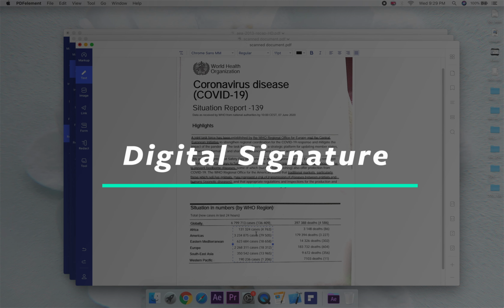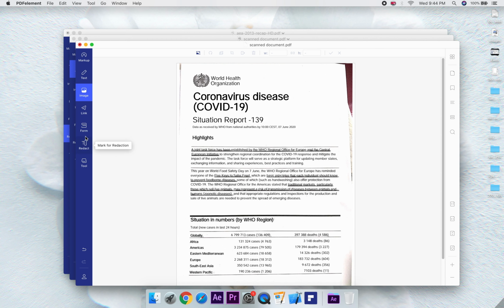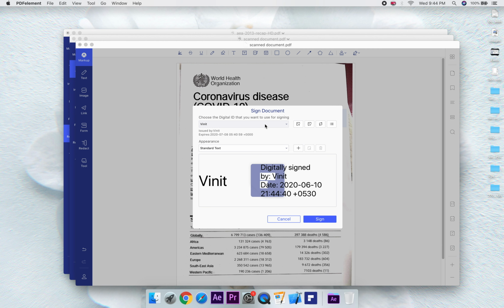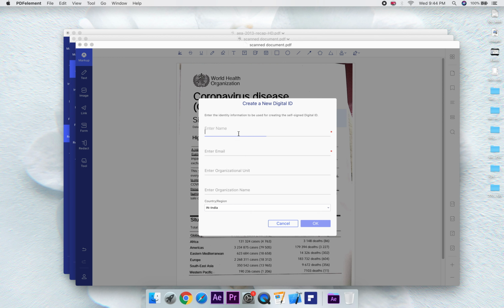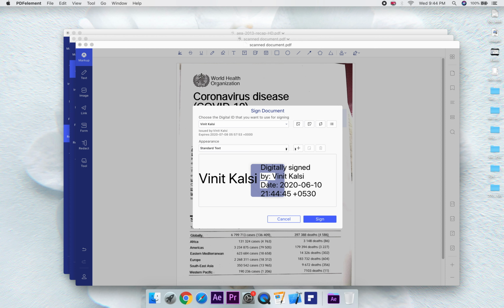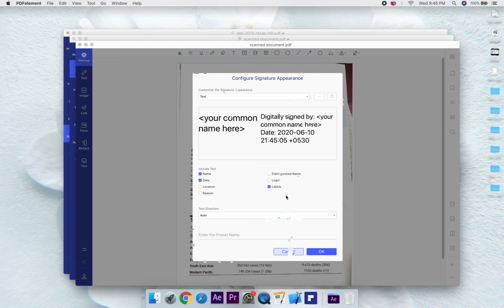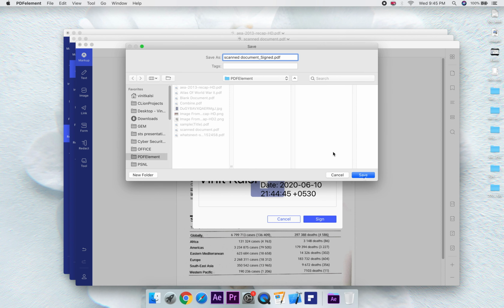The other advanced feature is signing of document using digital signature. To digitally sign the document, go to Form and then choose Digital Signature. Now select the area to place your signature and then come out of Form category and then click on Digital Signature element. Now this brings this pop-up window where you can select your digital ID. If you do not have one, you can create by clicking on this button and filling up the required details. It's that simple. You can customize the appearance of digital signature by clicking on this plus icon. Now once you're done, click on Sign. Now this will save the document duly signed by you.